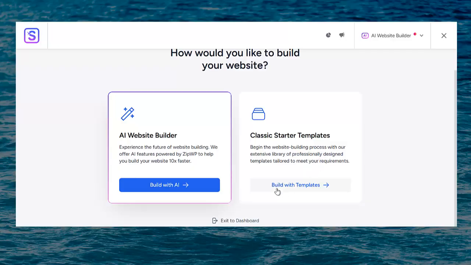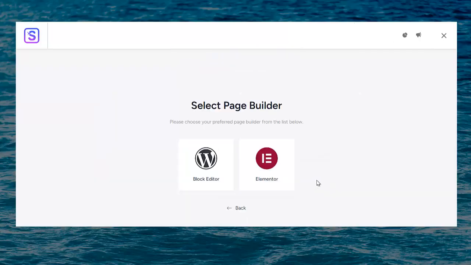So what we're going to do is that we'll click on this build with template, and now on that template area, they will ask you to select your page builder. A page builder is what you use in designing your website, like an Elementor page builder. Elementor page builder, it's a page builder that enables you to build a website from scratch. It's very accessible. It's just a drag and drop application that helps you